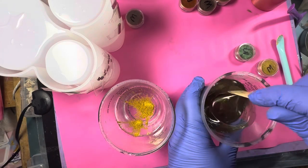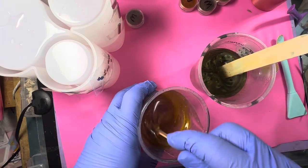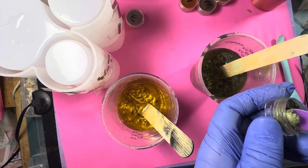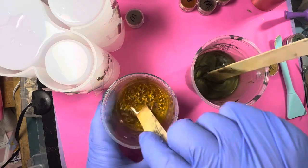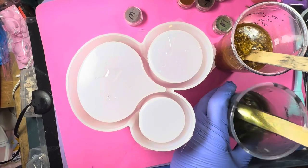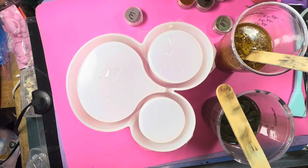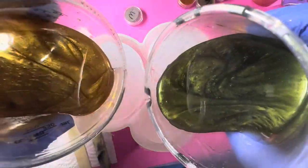And I didn't add a lot to the resin. I know that this will be translucent. I did go back and add a little bit more of each, so it's not quite as translucent, but I didn't use a lot of the powders. I think if you use more, you might get more of that effect. And it'll be interesting to see whether this works, or next time whether I want to use more of the powders. I mean, you don't get a whole lot in these containers, so...